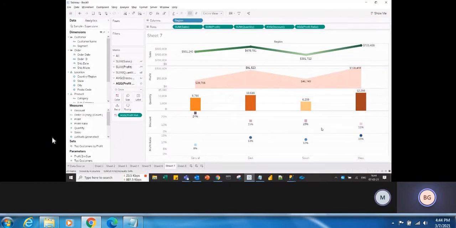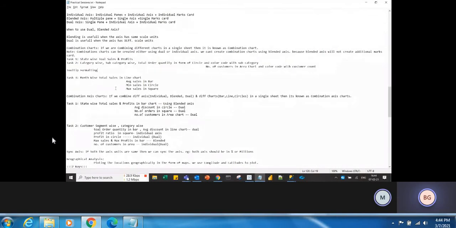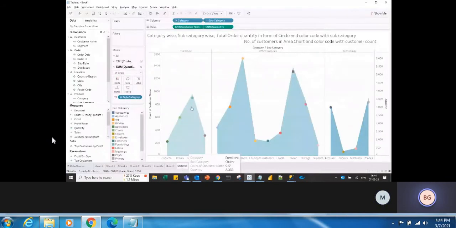The other thing I want to show you here is, what is it showing in the tooltip? The tooltip is showing the category, that is furniture. The subcategory, that is furnishings. The count of customer name, that is 957, and the quantity, 3563. But it is showing it in the customer count area, right?